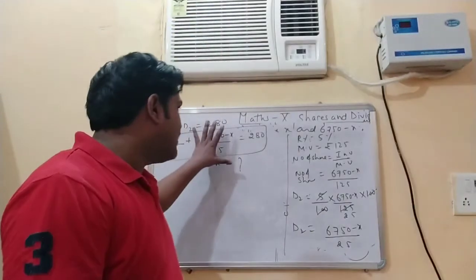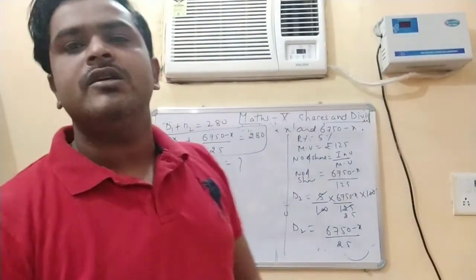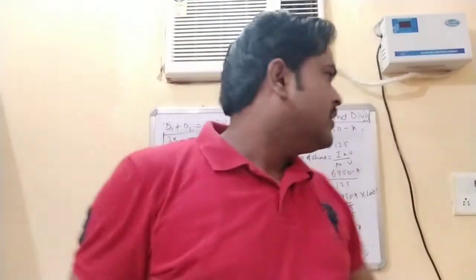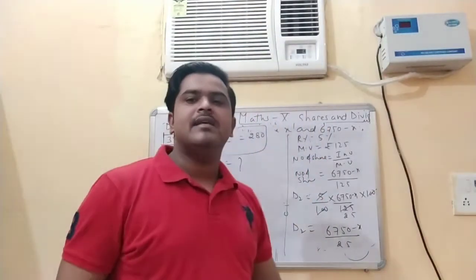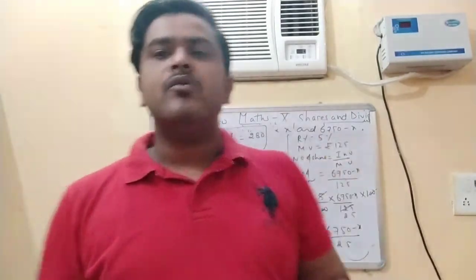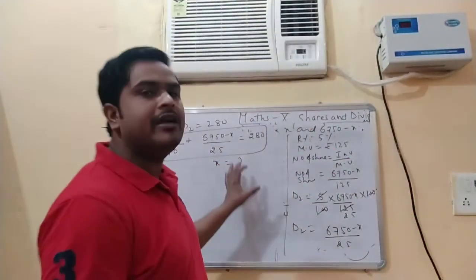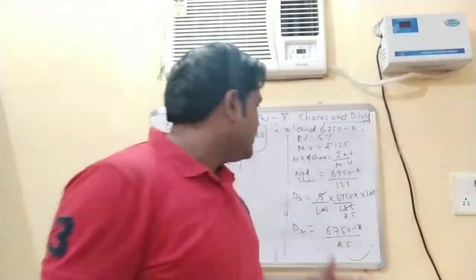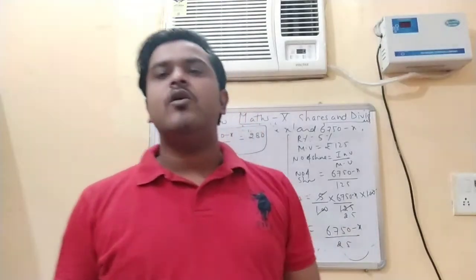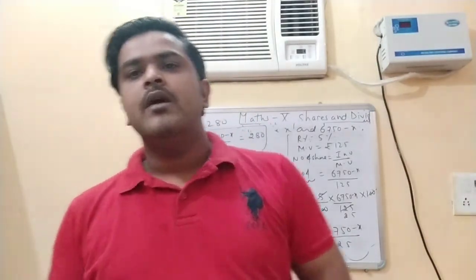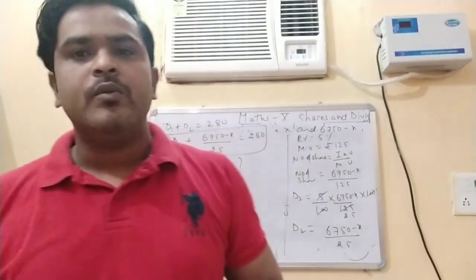So student, you have to solve these types of questions like this, in which the investment is to be divided partially among two parts. The last question of your exercise is the same, based on this question, but in that question you just have to calculate the dividend for two parts like this, and then compare the dividends and you can get the value of x. So this was all about shares and dividend. I hope you all have understood what I have told you.